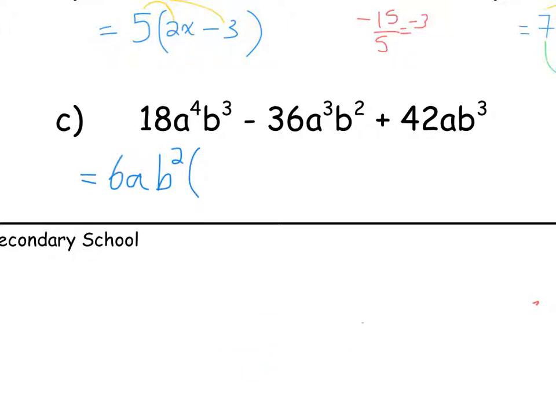And there we go. So over here, my 18a to the power of 4 b cubed, I'm going to divide it by, and again, this is something you can do in your head once you get confident with it, or you can do it on maybe a rough piece of paper, 6ab squared, right? And so when I work that out, 18 divided by 6 leaves me with